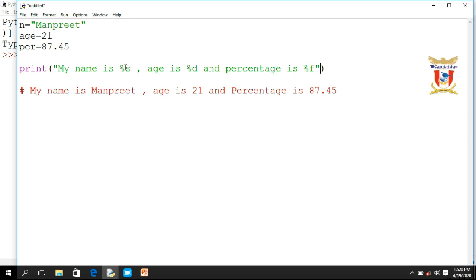So we specify three placeholders, three format characters. First is %s for name, %d for age, %f for percentage.